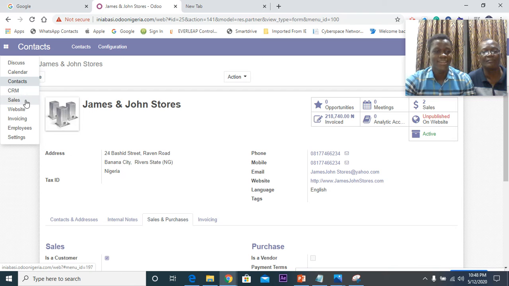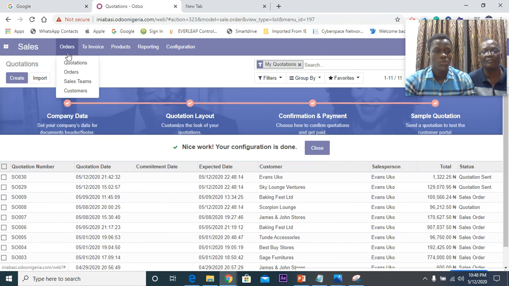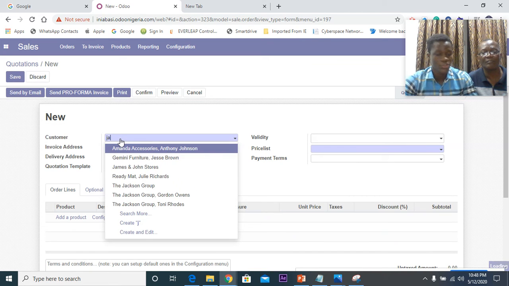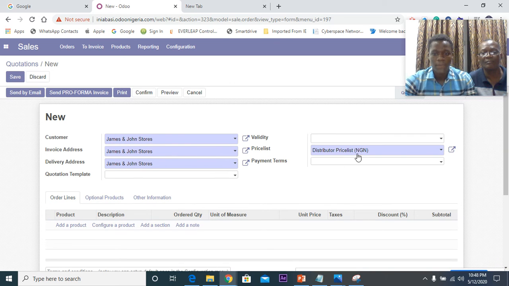And then now we just go and create a quotation for the customer. So click on quotation, and then you click create. So let's create one for James and John Stores, and then it automatically already selects the distributor price list. Beautiful. So once you've set it, it doesn't matter who does the quotation. Once you pick the company, because it had been determined before that this particular company is a distributor, it doesn't matter who does it, even if you have 20 people doing a quotation, or you have 20